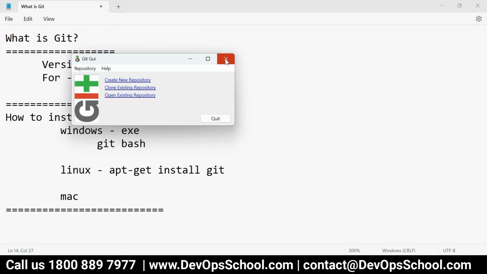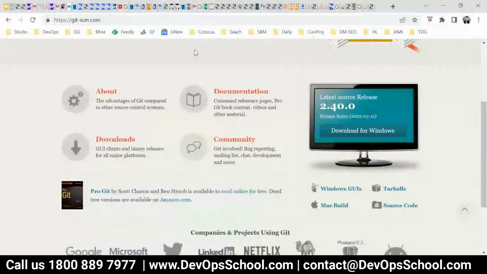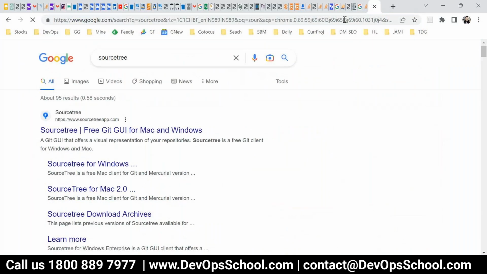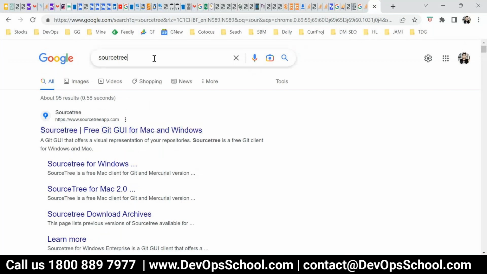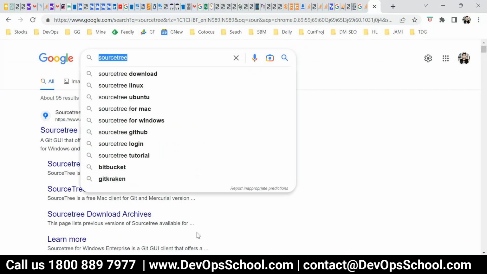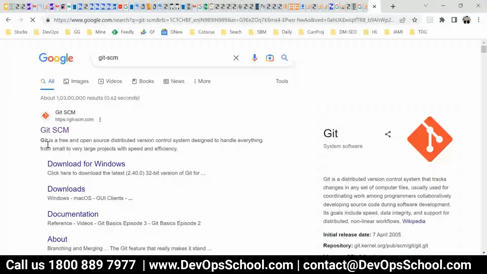So if you really want a UI, you go for Sourcetree. I was showing you, Sourcetree is designed for all this work. You see here, free Git UI for Mac and Windows. This is a free product from Atlassian. So it's a good one compared to other Git tools. If you talk about the UI, you can use it with Visual Studio also. You can install a plugin and use it. But if you talk about multiple tools, a hell of a lot of tools you will find. So do not focus on those because you'll get lost.